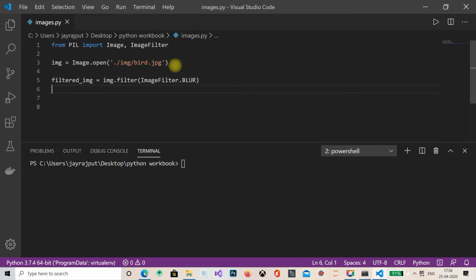Now if it's going to get blurred, I want to save this and view the file.